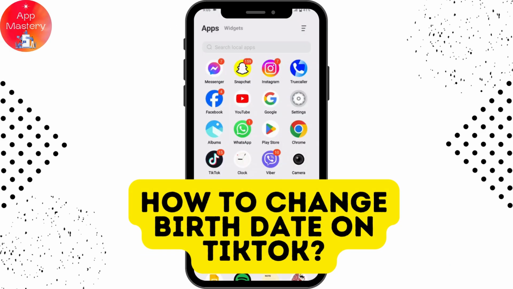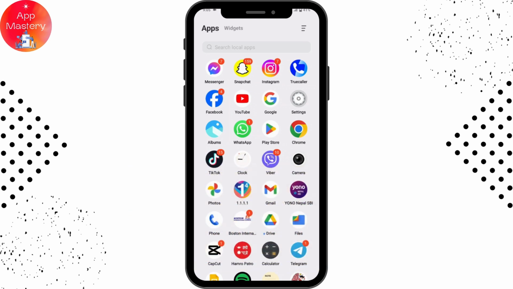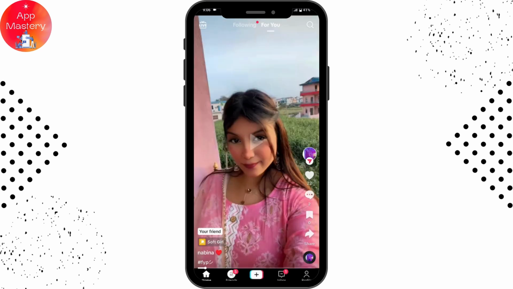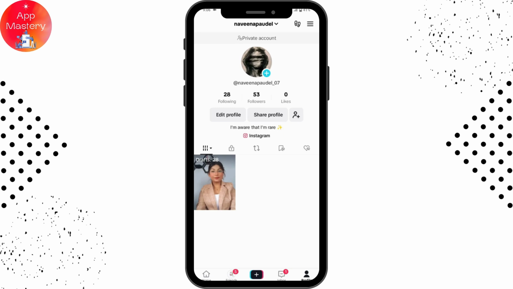How to change birth date on TikTok. So if you want to change your date of birth or if you want to change your age on TikTok, then first you need to open up your TikTok application. And once you open your TikTok, now if you go to your profile, which is on the bottom right, and